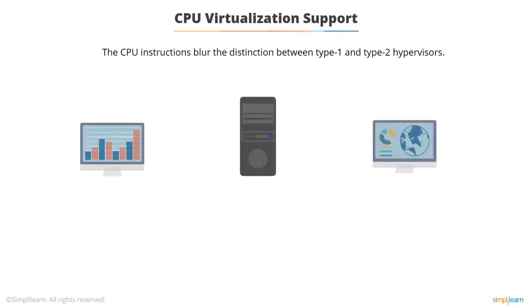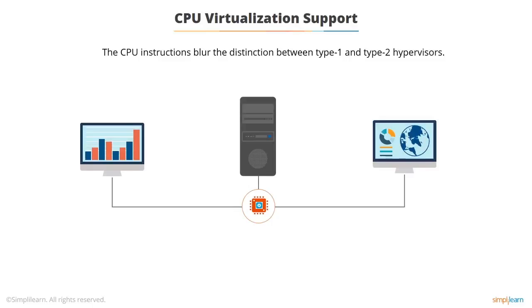Because of the CPU instructions, it blurred the distinction between a Type 1 and a Type 2. Because if you switch the virtualization on, which is required if the CPU supports it, and not all CPUs do, if you go to the Intel site you can find out which ones do and which ones don't. The virtualization is normally disabled in the BIOS by default, because if you switch it on, a piece of software running on an operating system on the processor could actually switch on the virtualization and take complete control of the machine, which is a security issue.